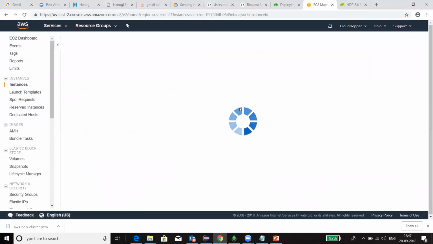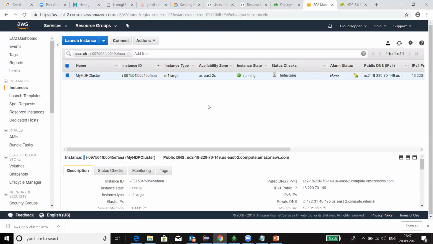It will take some time for initializing and setting up things. It's now running, and status checks are initializing. So I'm going to keep some of the data from here, for example its public IP and its internal IP. I'm going to copy it, and